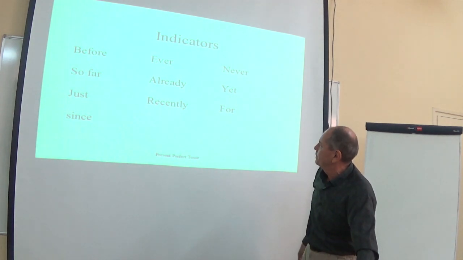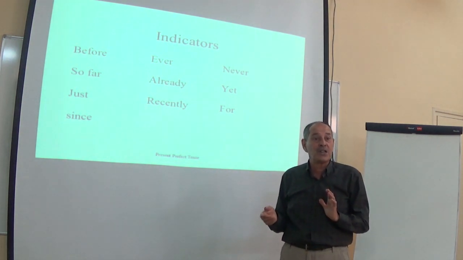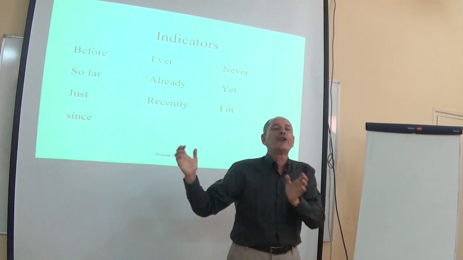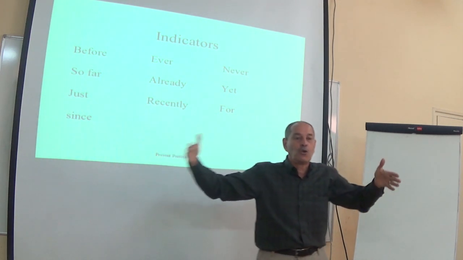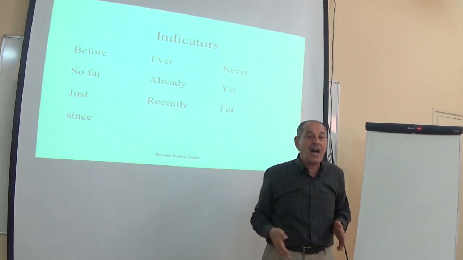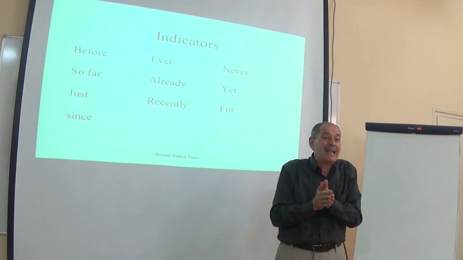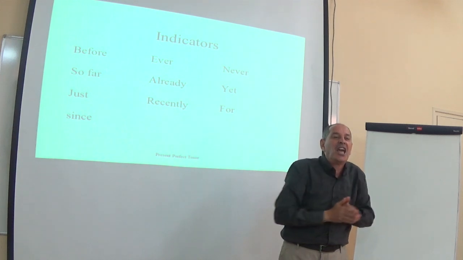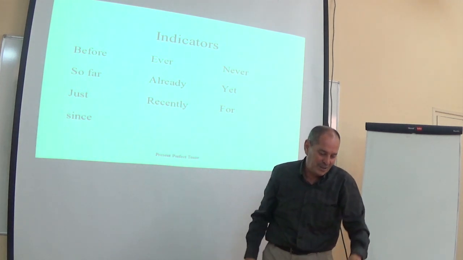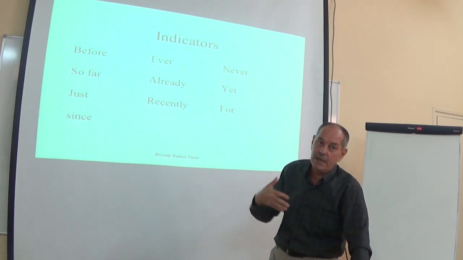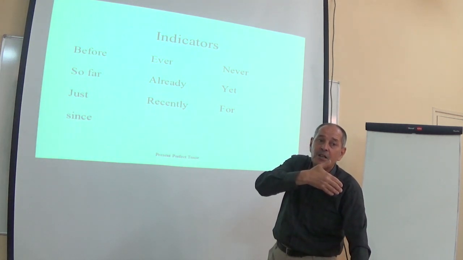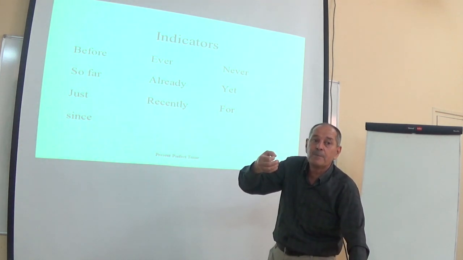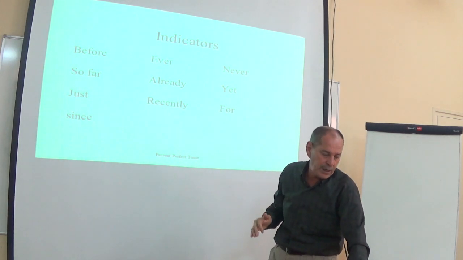So, yet, never, for, which indicates a period of time. You say, I have taught English, and you indicate a period: I have taught English for 20, 30, 35 years. So with for we use the duration. Now, when you say since, it's the same meaning but indicates the starting point. I have taught English since 1980. So for and since have the same meaning, present perfect, an action starting in the past and still going on. But with since we mention the starting point, and with for we indicate the duration.